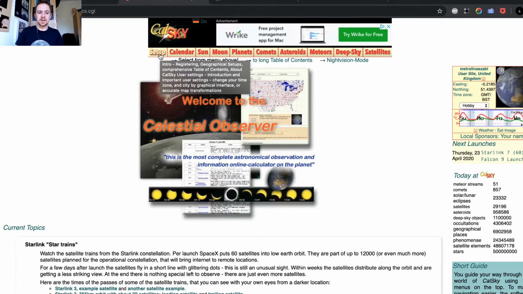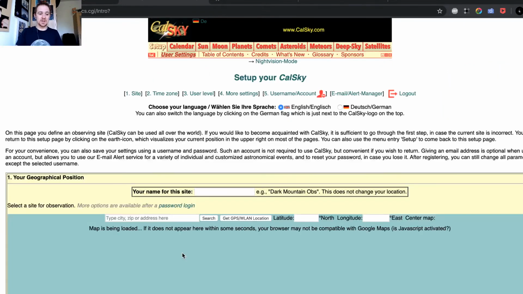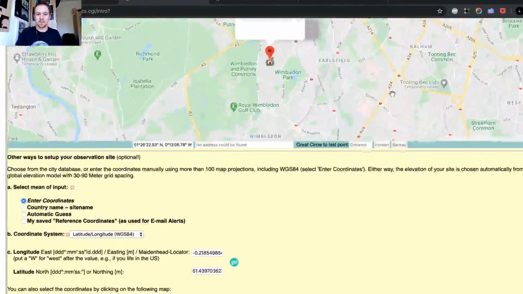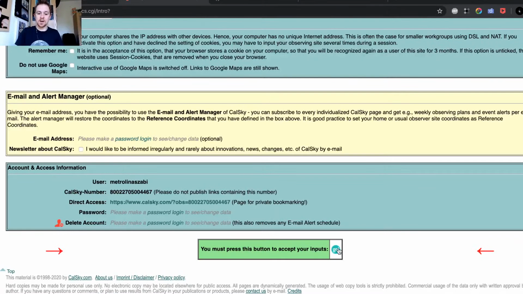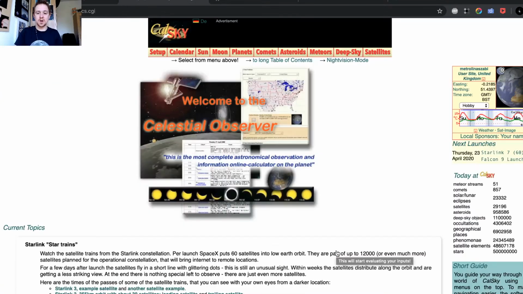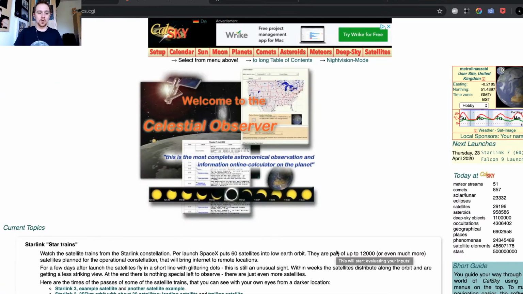So you do the setup, same thing again. Basically the website needs to know your precise location. So I already gave mine. You just choose it from the map, and once you've finished with that, you scroll down to the bottom and hit the go button. Once that's done, the website has saved your location. So if you create your profile and log in, every single time you can skip this step. But obviously because you're just learning it, probably it's not necessary at the moment.